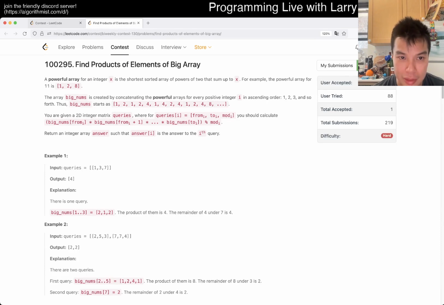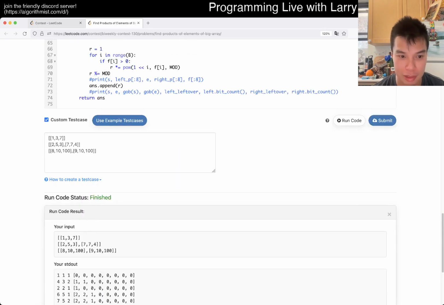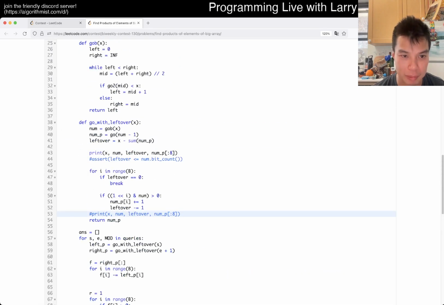Then was it 8 to 10? 0, 8, 2, 0, 1, 4, 5, 0, 1, 2, 3, 4, 5, 6, 7, 8. So this is 8, and then 9 and 10 is going to be 2. Okay. Oh, that's still an output. Let me make sure I don't